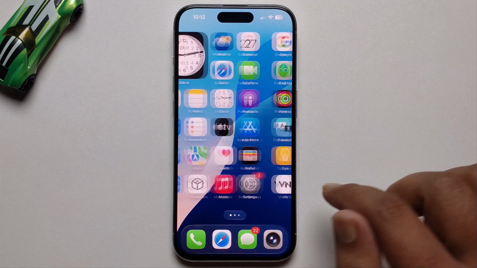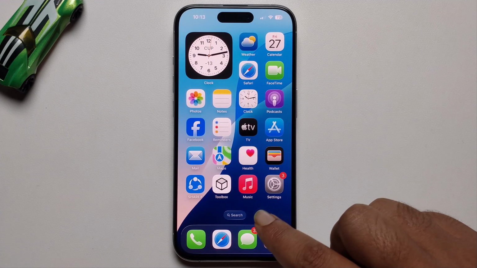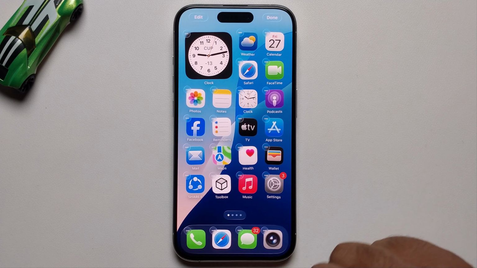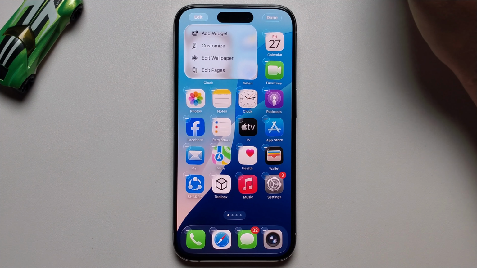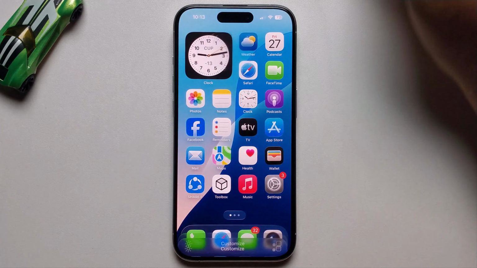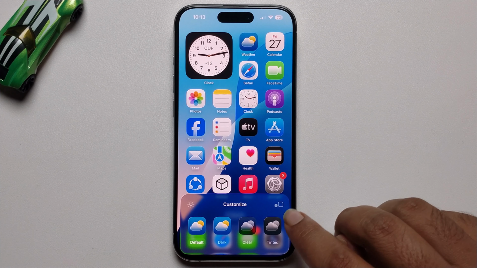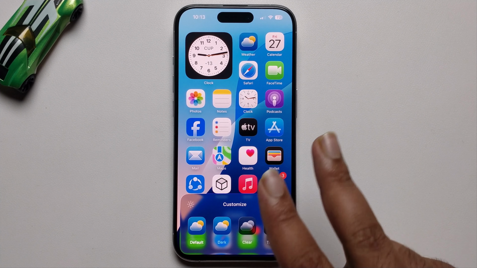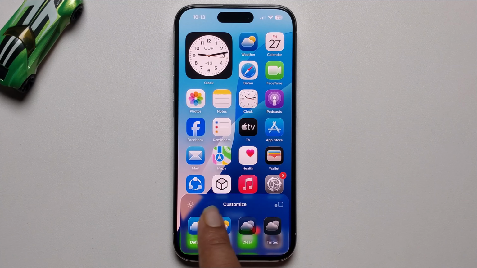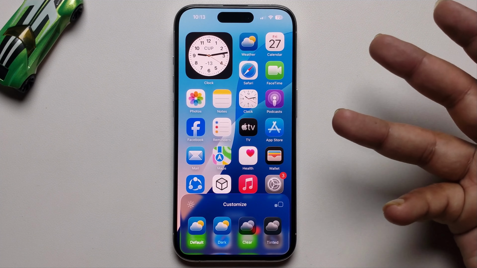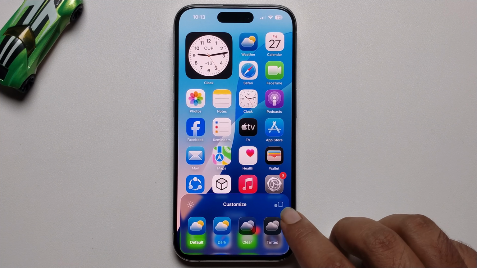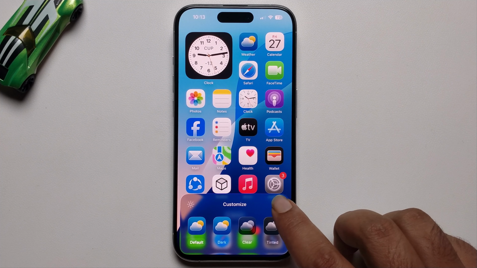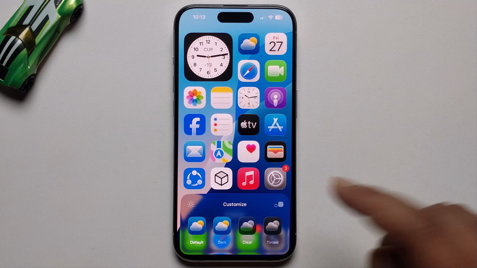So simply long press on your display, click on the edit option, press on customize, and press on this option. You get two different ways, large or big option. I just updated to iOS 26, so it's showing this option. Okay, now